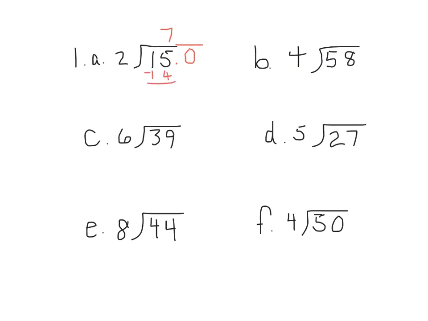And if I subtract, I'm going to have 1 left over. I bring down my annexed 0, and now I have 2 into 10. I need to make sure I put my decimal in my quotient exactly above where it was in my dividend. And now I have 2 into 10 goes 5 times. 5 goes over top of that annexed 0. 5 times 2 is 10. Oops, I'm running out of room. And I have nothing left. I can also use my short form of division, and that's what I'm going to use for the rest of